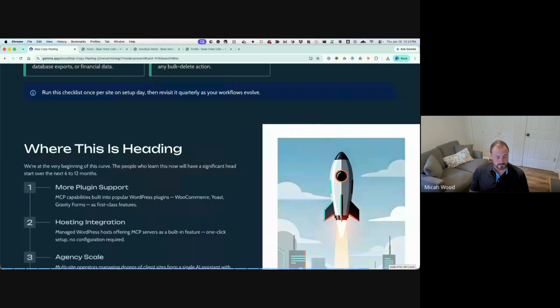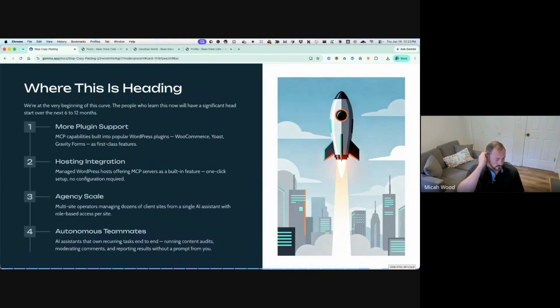This is a recap of basically what we covered. So where are we headed with this type of thing in WordPress? I think we're going to start to see a lot more plugins adding these abilities for AI to interact with it. I will be interested to see, because to me, the real benefit of connecting the AI is just being able to connect it to one